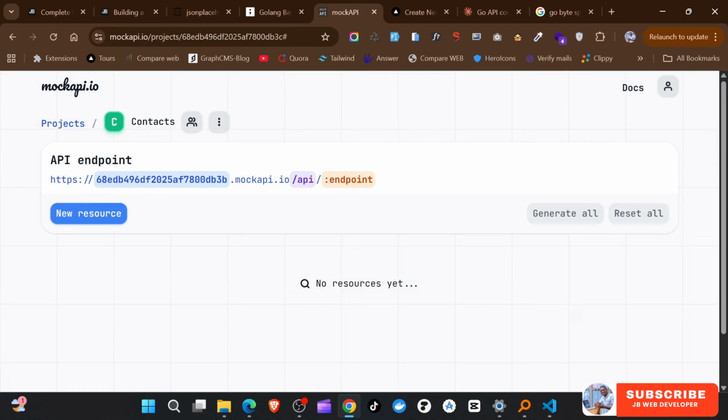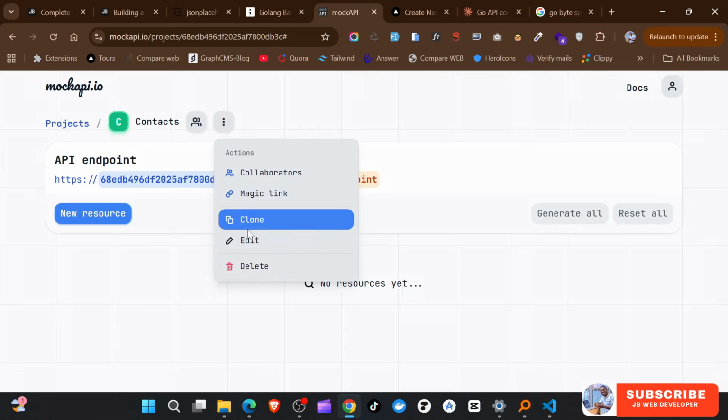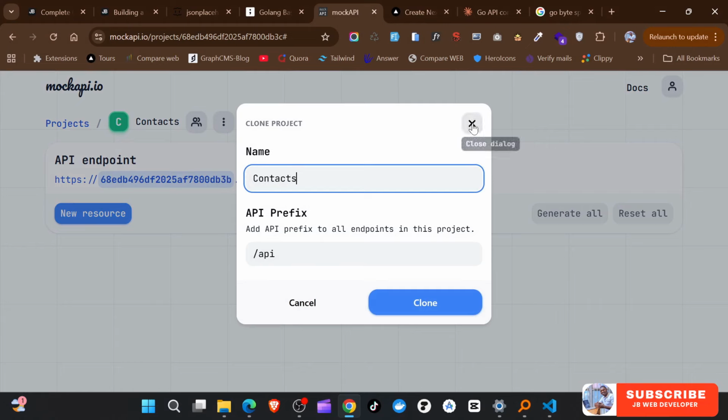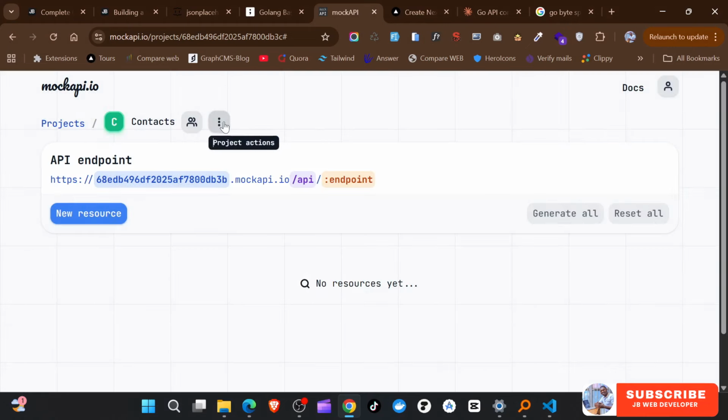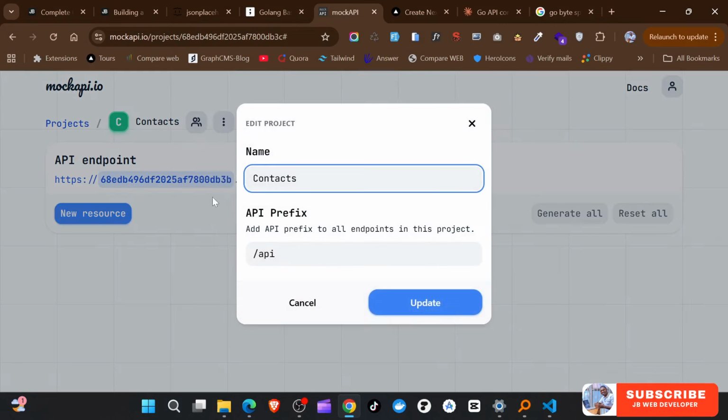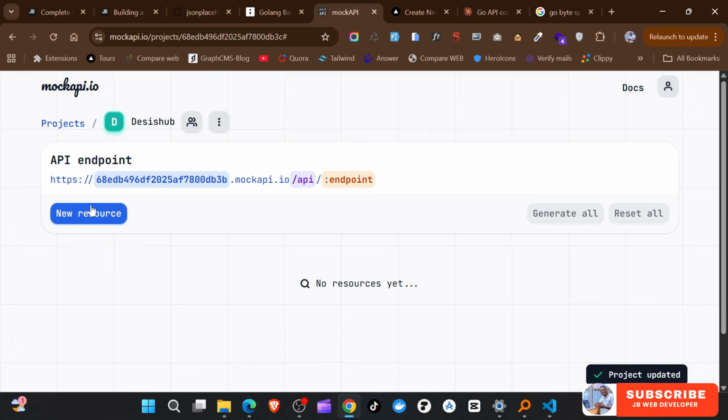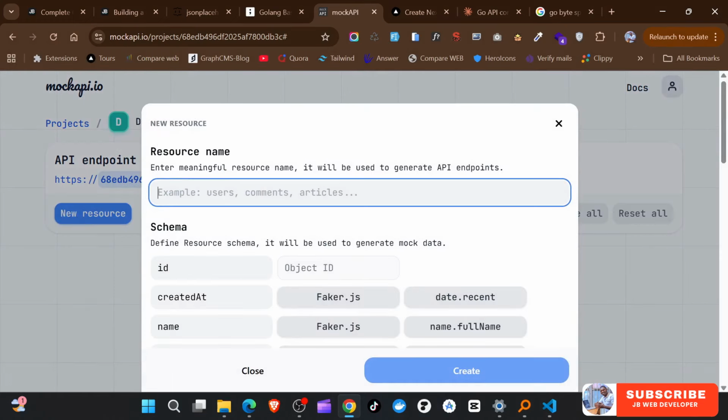contact. Did I just create my project as contacts? Can I rename this? Edit. Oh, not clone. I just want to edit. I don't want to call this products contacts. I just want to call this maybe, you know, let me just call this is hub. Okay, this makes sense. Under this is hub, now we can create a new resource which is called contacts, and